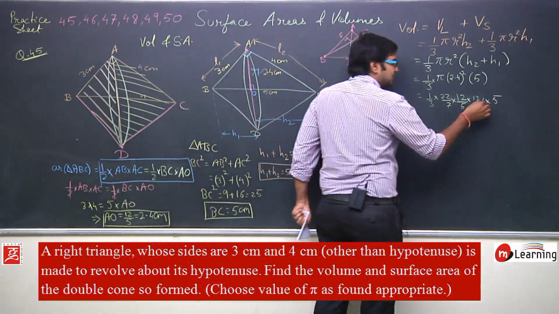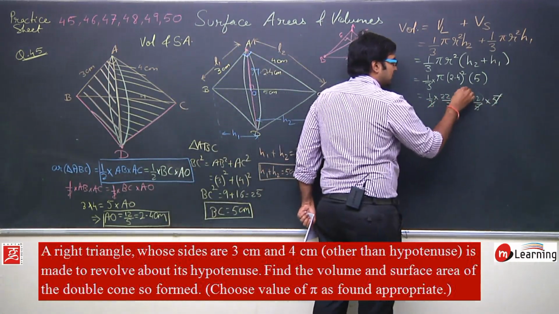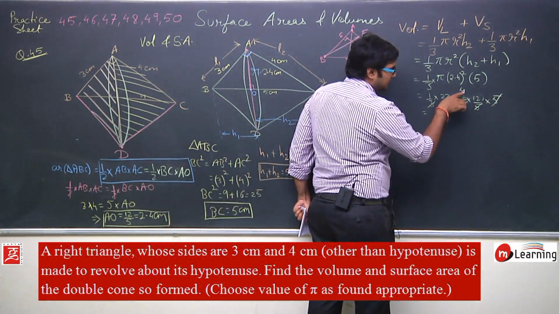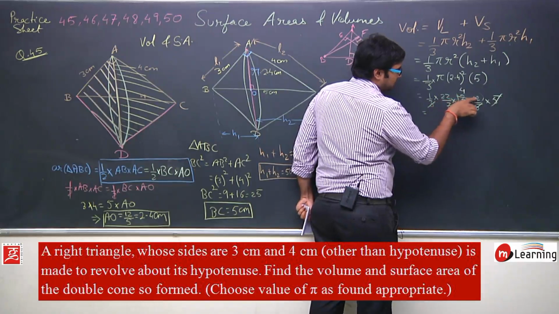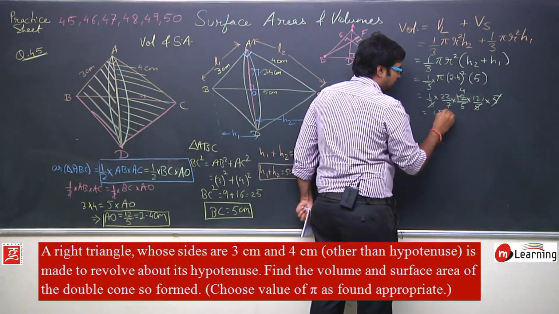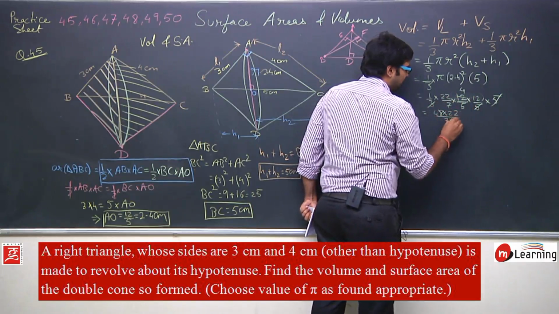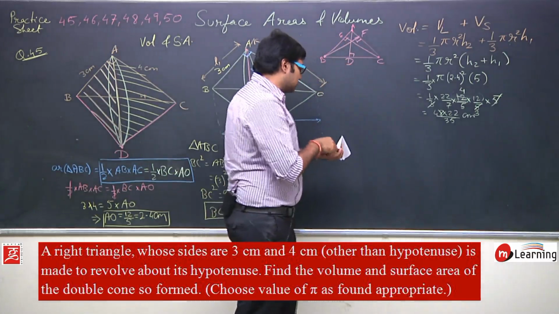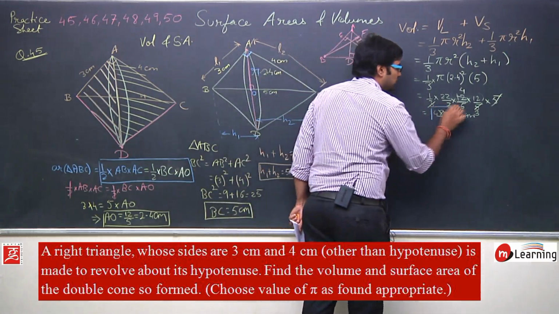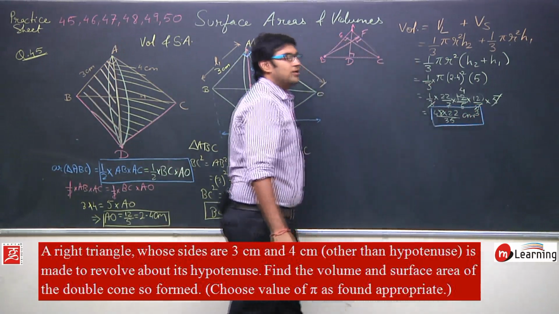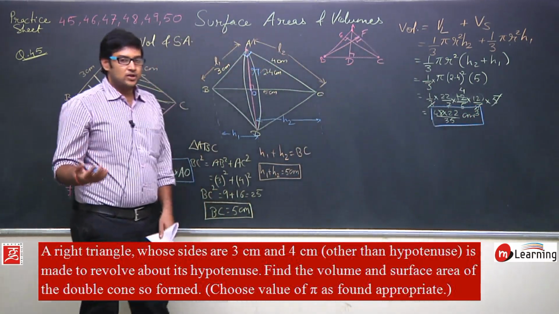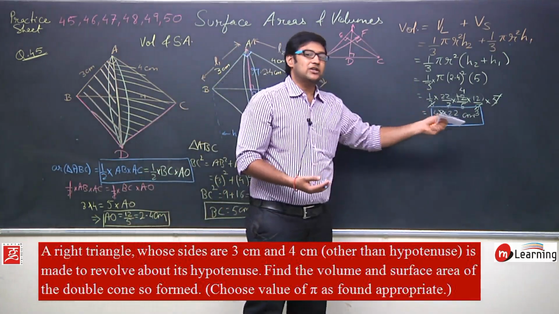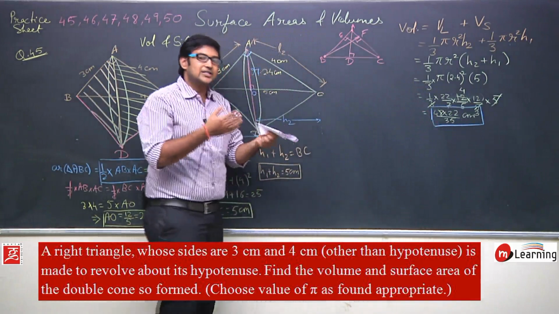So I can cancel this 5 and 5. 3 4s are 12. So this will give you 5 and this is 4. So if I multiply, 12 4s are 48 into 22 upon 7 5s are 35 centimeter cube. So the volume of this cone will become 22 into 48 upon 35 centimeter cube. Now you can calculate this, it's not at all difficult. It's a very simple calculation, just calculate it.